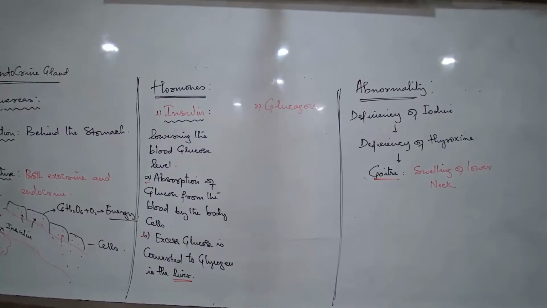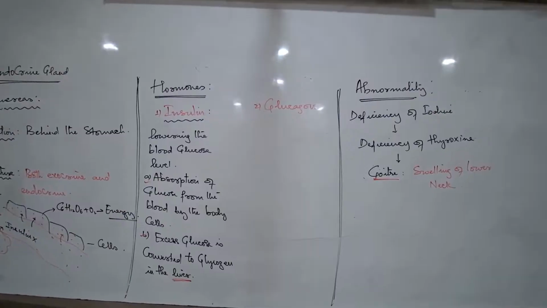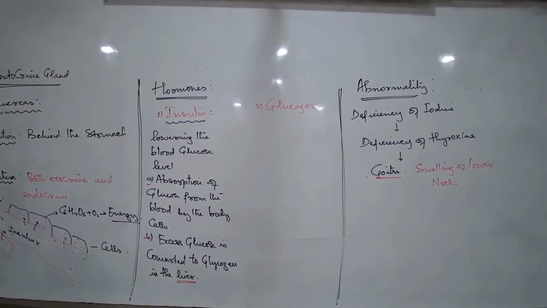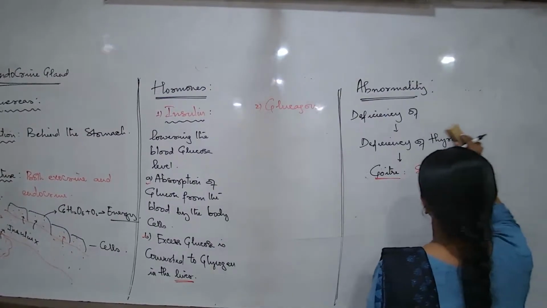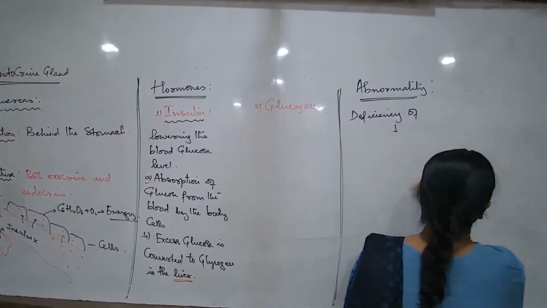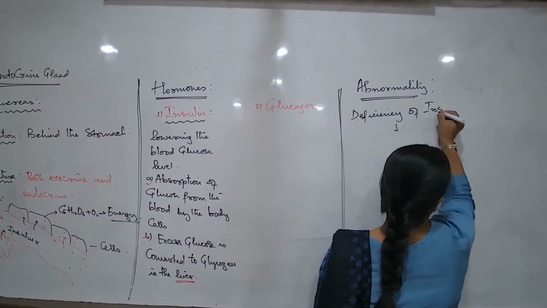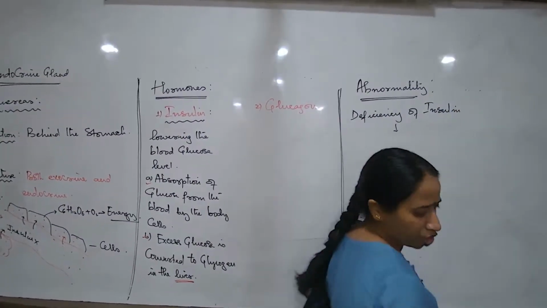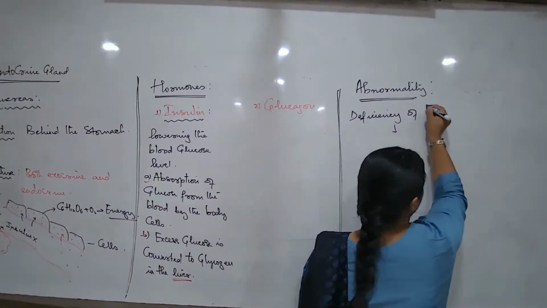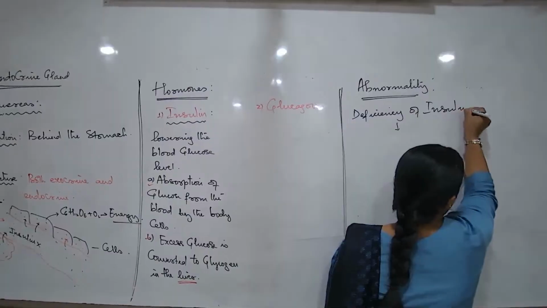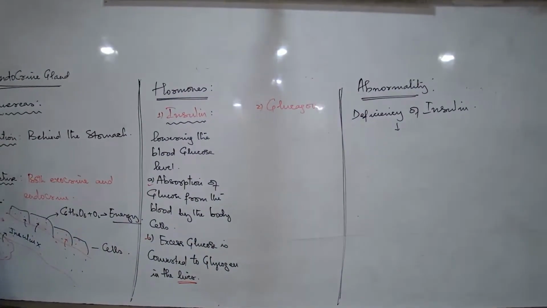But if a person has a very low amount of insulin in the body, now what? If a person has a deficiency of insulin in the body, let us try understanding what the condition would be. Now tell me, if a person has a deficiency of insulin, after 4 hours, 5 hours or 6 hours even, what will the blood glucose concentration be? Will it be low? Understand what I'm asking you.